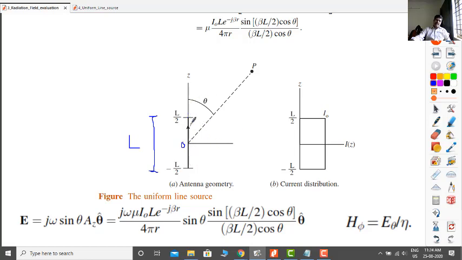And here we assumed that the currents are uniform. Current uniform means everywhere the current is the same amount, I0. So everywhere the current is uniform, remember, and we assumed that our phase shift is 0. So for I0, the phase shift is 0 degrees. Everywhere the current is the same quantity with 0 degree phase shift.